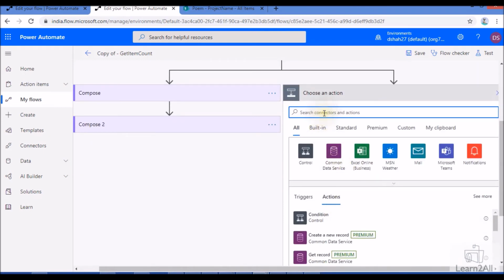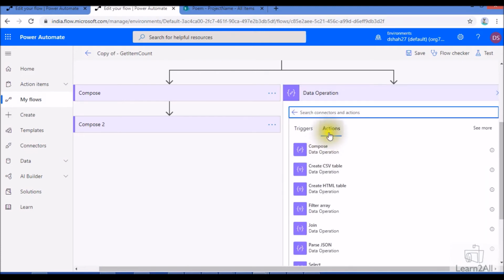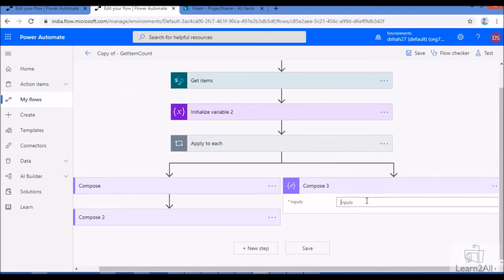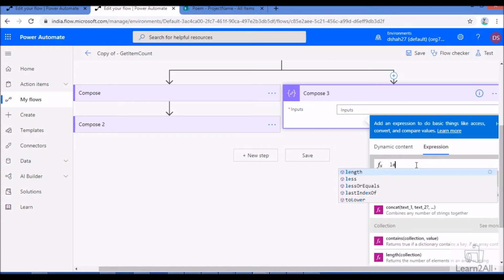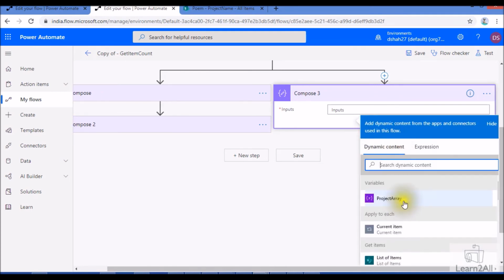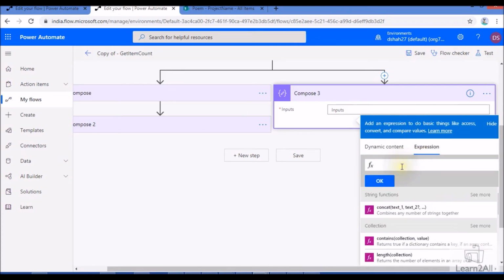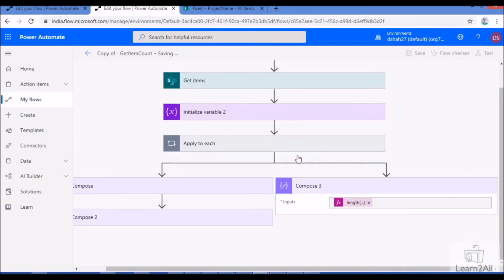I'm adding the Compose action again, and inside the Compose I directly write a length function for the project array, passing the project array inside the length. Let's see what the output would be. That is how we can test this.